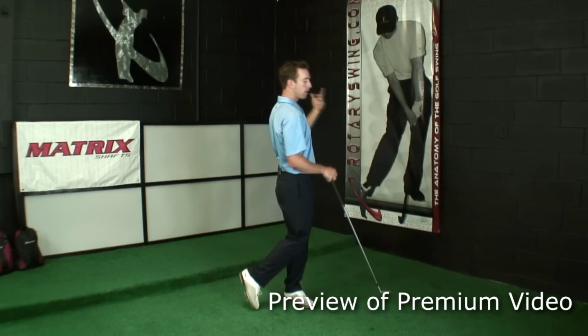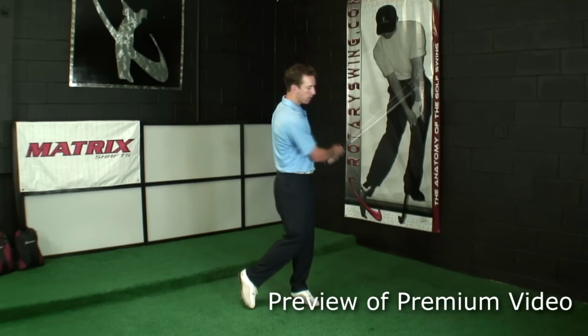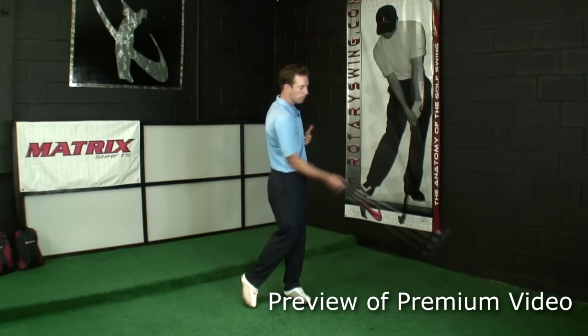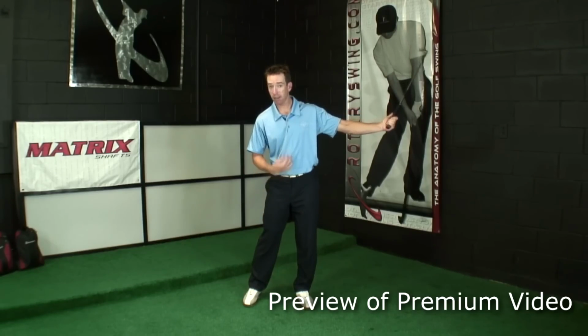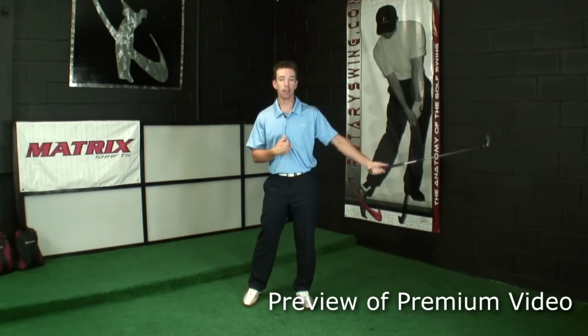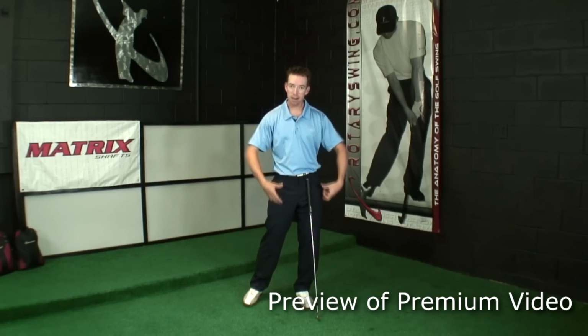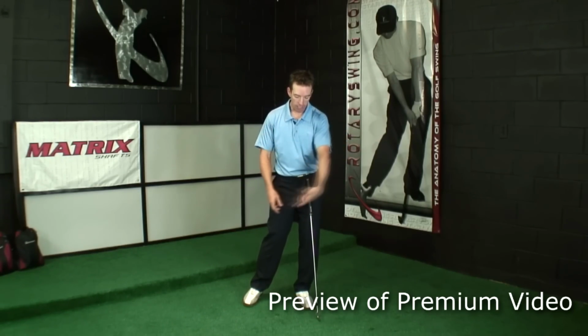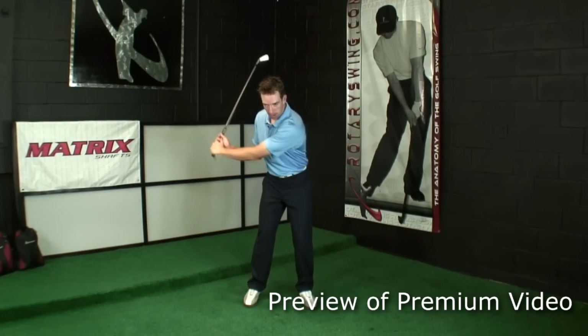They use their body. And then the problem with that is if your body keeps turning through impact, the club head and your body have to move at a more relative constant speed together versus letting my body stop and the club can move very fast and my body doesn't have to do anything. In fact, the club can actually release faster as my body slows down and I transmit energy up the chain into the club. So learning how to release the club and let that right hand come off is really important,